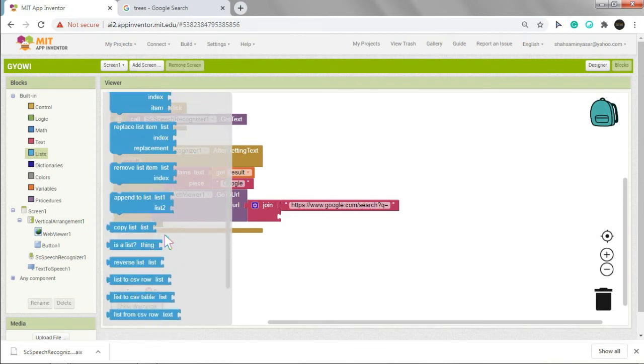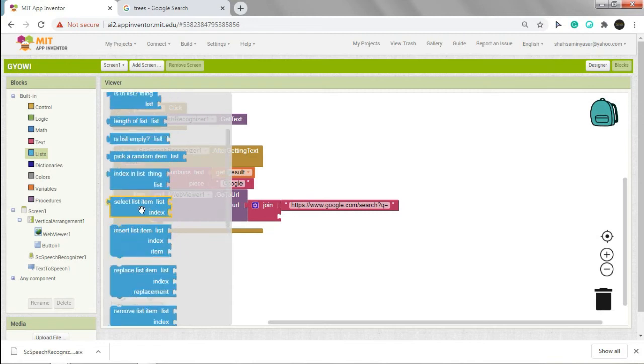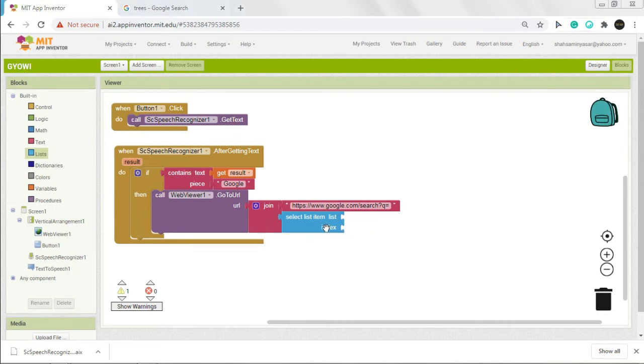Select list item list, this one. Okay, so select list item list, join this one, and we have to cut, we'll say Google at the